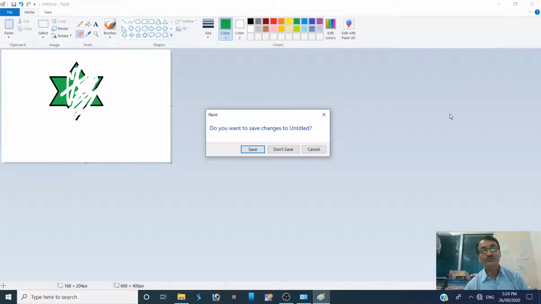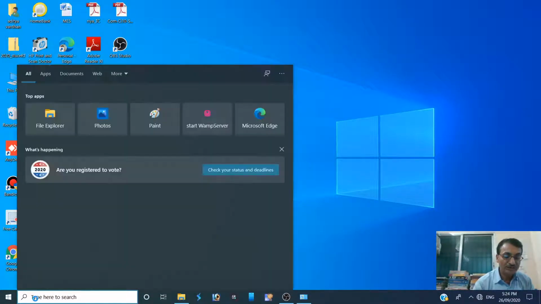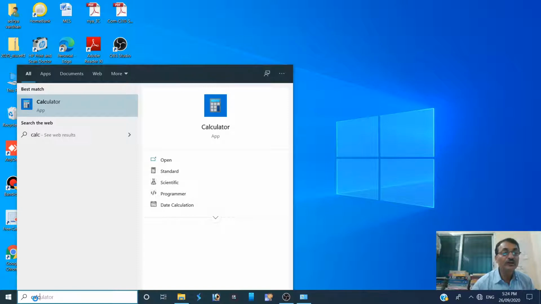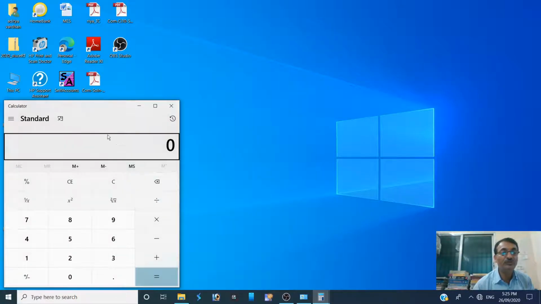After that, we have to know about some other features of Windows. Now I'm going to explain some other important works. The calculator may also be started here. The calculator may also be very important to you in case of doing calculations. Standard calculator and scientific calculator are the two different types of calculator here.